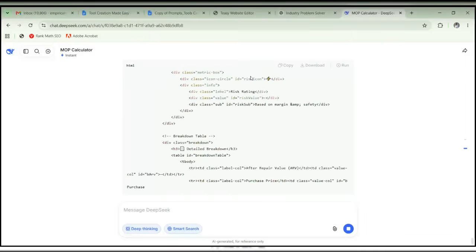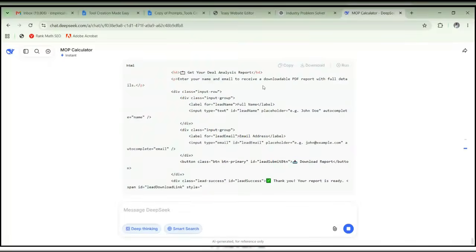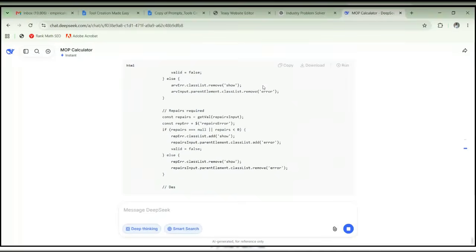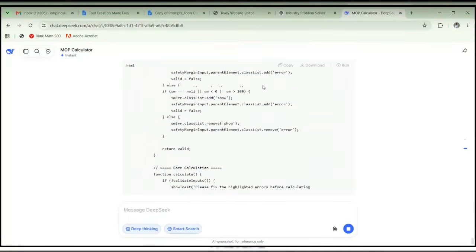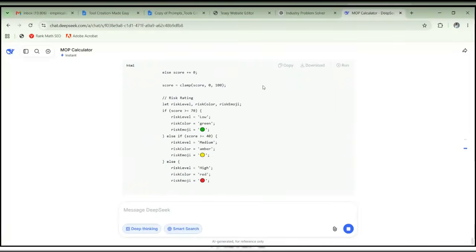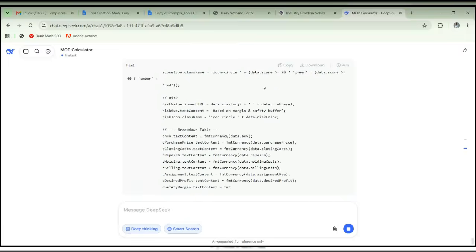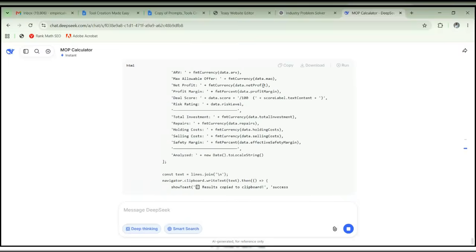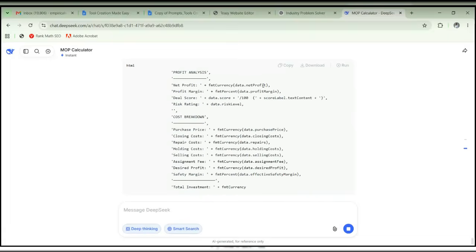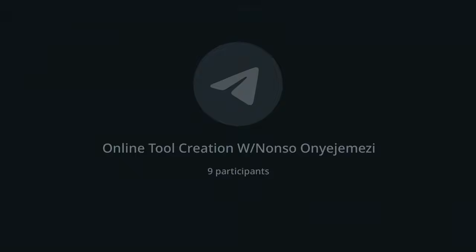Okay, so it's building the tool, and it's going to be done soon. So let me get those questions if you have any of them. If you're confused anywhere, maybe this is your first time of hearing online tools, and everything. Let me get those questions. With time, if you go through the prompts properly, read through everything in that prompt thoroughly, then you're going to understand it easier. When you have access to the prompts, everything is going to be like a piece of cake for you. Trust me, it's going to be so easy, right? And secondly,